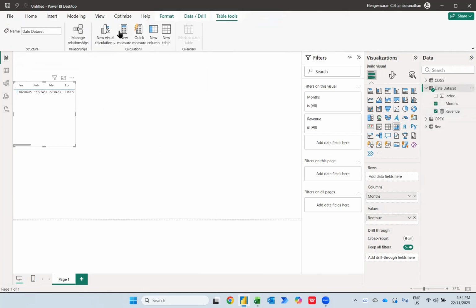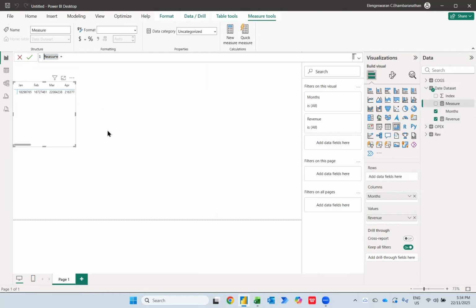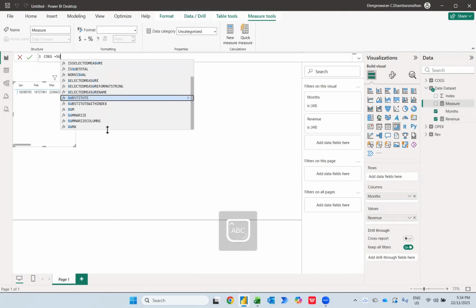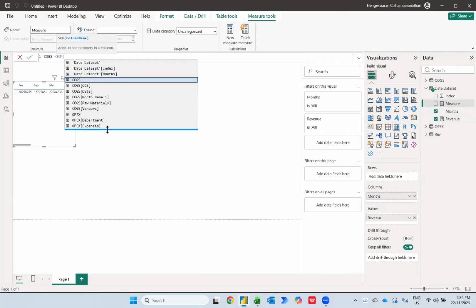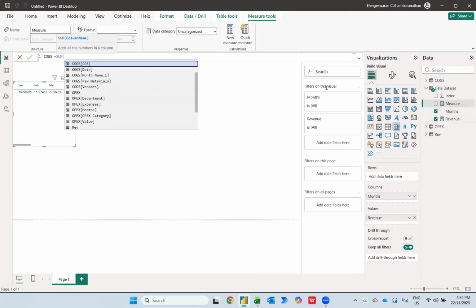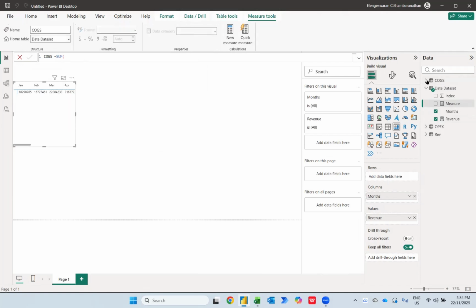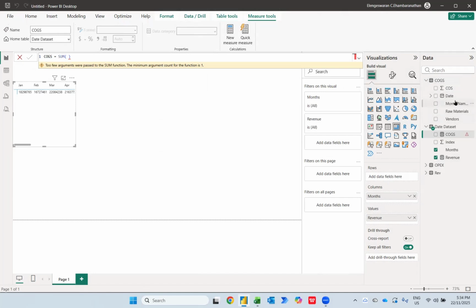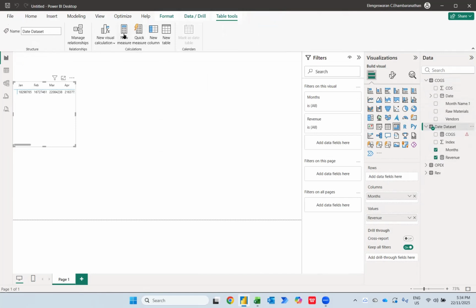So, new measure, and this one I want to calculate the COGS. COGS means cost of goods sold. So the sum under the COGS. We do have the value column, so I'm going to go here and find the value column, because if you look carefully, under COGS we do have the value. So I'm going to click the data set again and new measure,